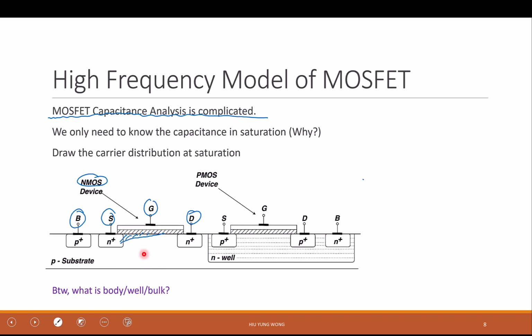So this, of course, resides on a body, or we call it bulk or well, right? You cannot have a transistor with only the gate and no body. That is where your electrons reside, right? So you actually have 4 terminals for each transistor. So what are the possible capacitors? Well,